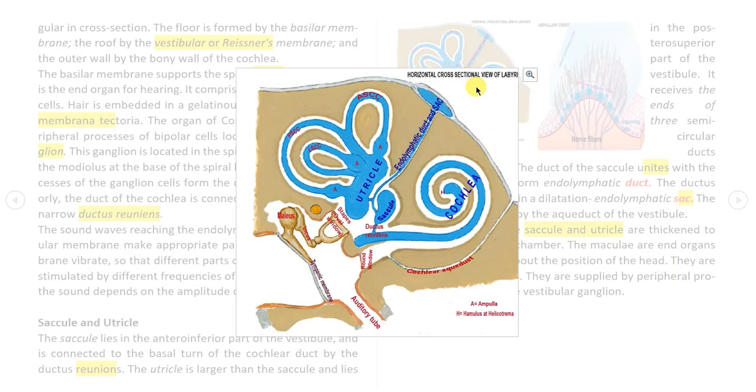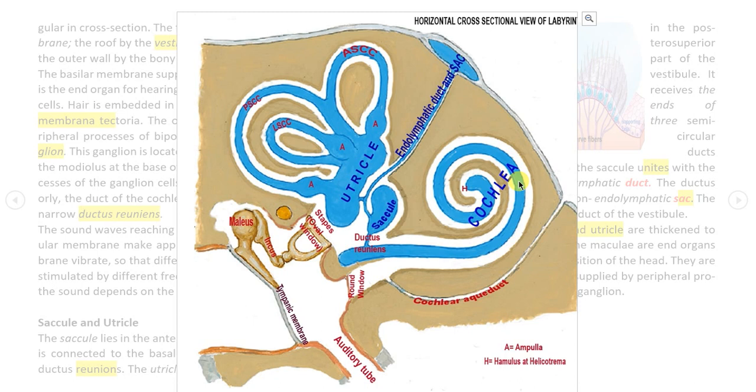Okay, we will take orientation of all these structures in one more schematic view. This is a horizontal section representing the bony and membranous labyrinths. This is the external acoustic meatus and the external auditory canal is ending here. The tympanic membrane. This is the middle ear cavity. This is your oval window, which is closed by the footplate of the stapes. This is your round window, which is closed by the secondary tympanic membrane.